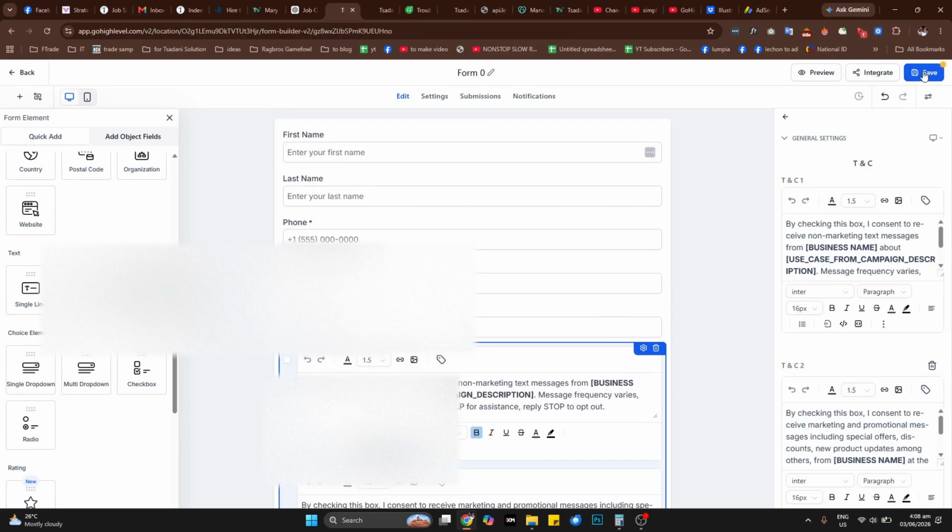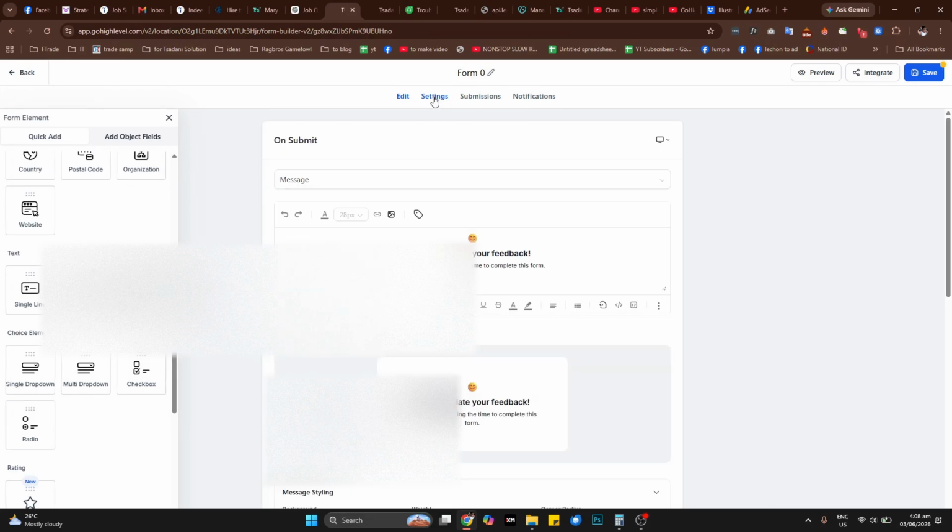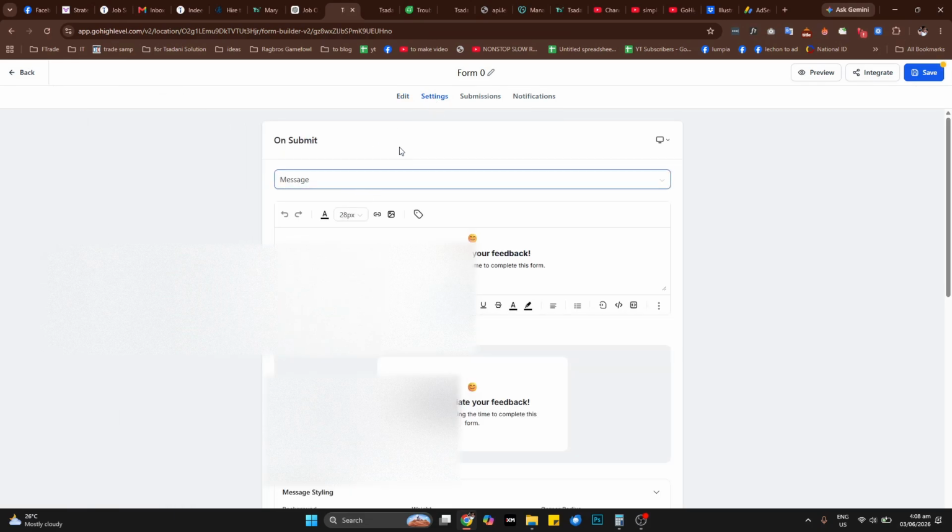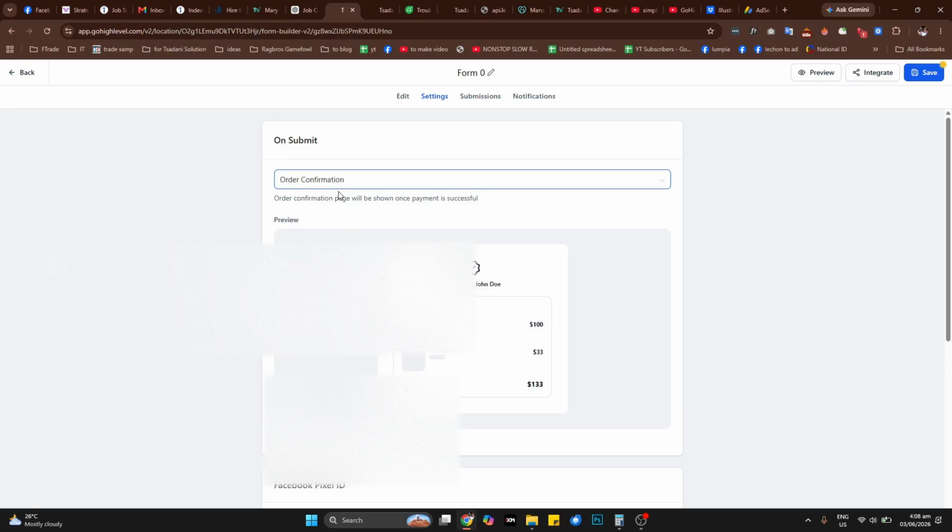So go to the settings. After you submit, you are going to select if after they submit the form, they will maybe be redirected to another URL, or you will send a message or an order confirmation.